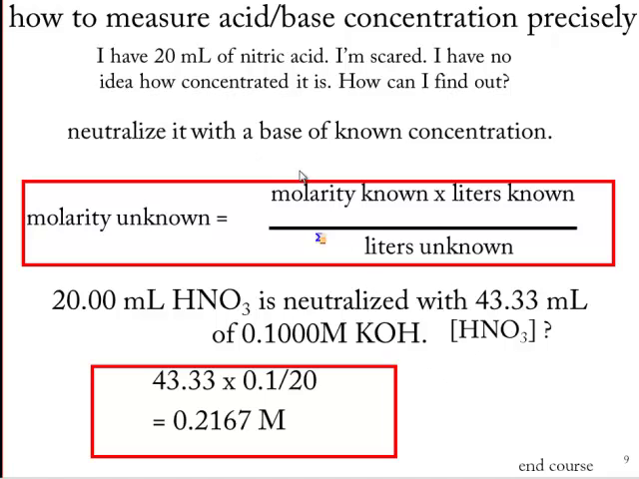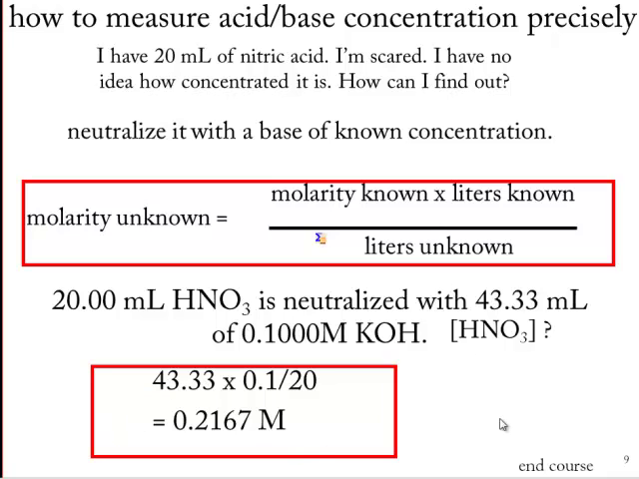Let's see. The molarity of the known is 0.1, and so there it is. Why did I do 43? Oh, the liters. I did the liters of the known. I did 43.33. Notice that I didn't bother converting to liters because I recognized that milliliters over milliliters is going to cancel anyhow. So there's the volume of the known, there's the concentration of the known, and there's the volume of the unknown. Punch it in and it's close to our estimate,